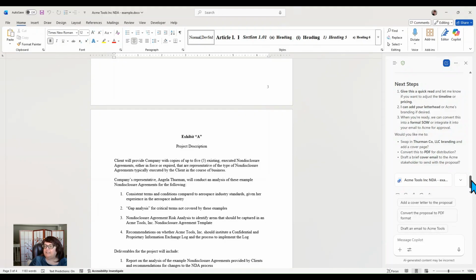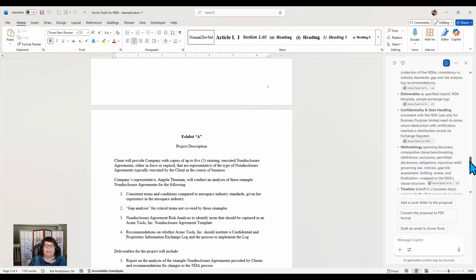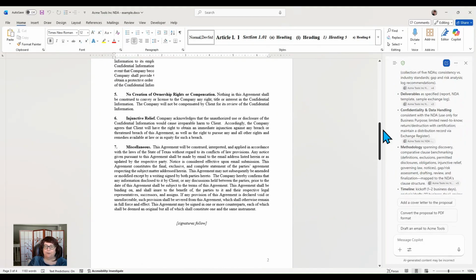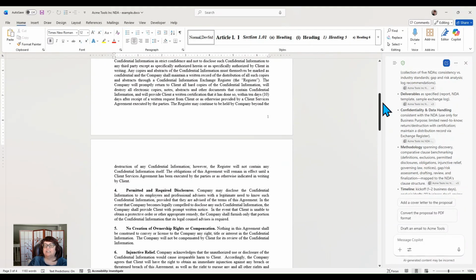Using Copilot could generate a project specific proposal, provided me with recommended pricing, a timeline, and so forth. This literally took less than 2 minutes. This is a fantastic use of my time. And I just recommend that if you have similar documents,